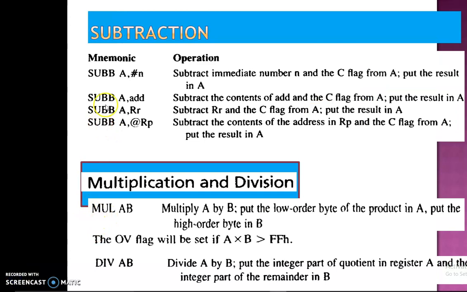The next instruction is subtraction. Here we have SUBB, one single opcode, subtraction with borrow flag. Here the carry flag will work as the borrow flag only. There is no separate borrow flag. The carry flag is going to work as a borrow flag. The same 4 combinations are there, like addition: accumulator with 4 different addressing modes: accumulator with immediate data, accumulator with register, accumulator with address, accumulator with indirect address. You can take any 2 operands and do the binary subtraction.